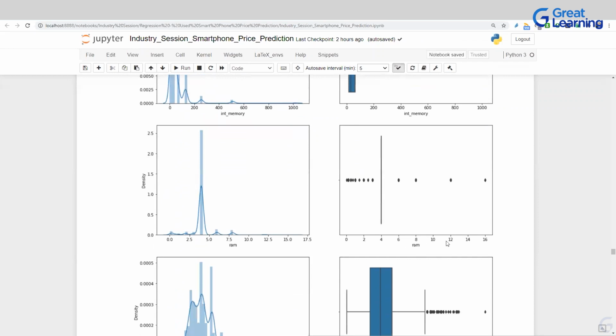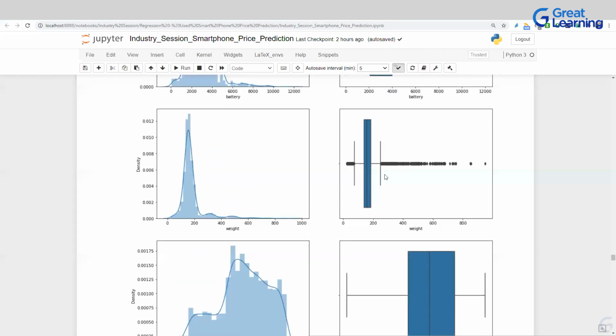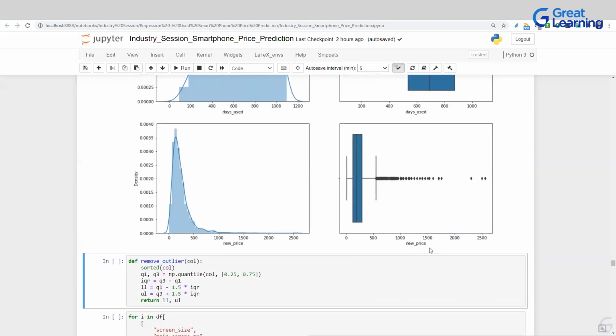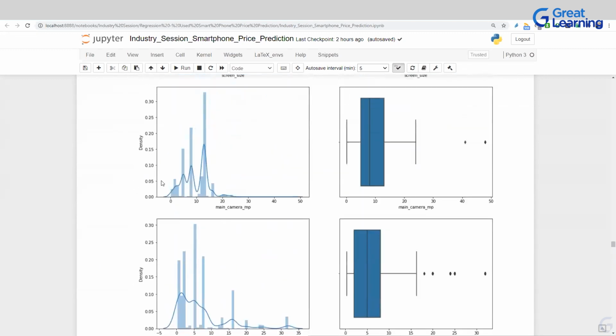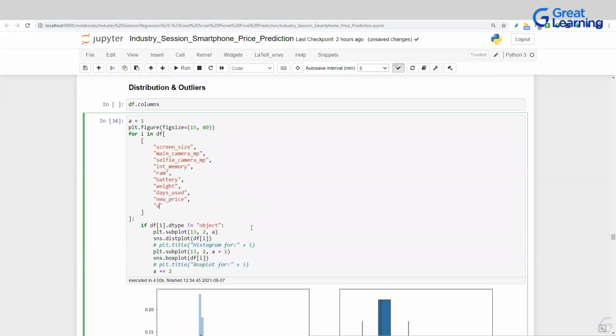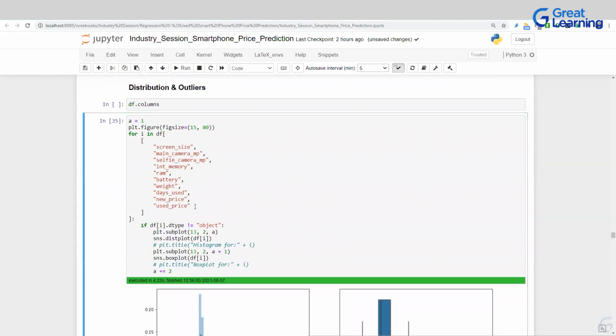RAM, again, we can say this is a discrete value, really not a continuous value. Battery, there are some outliers in battery as well. Weight of the phone. Days used is probably the only variable where we do not have any outliers in it, but the distribution is skewed and it's kind of bi-modal data, as you can see. And the new price is also skewed. Let me also include the used price just to understand the distribution of the used price too. So if we run it again,